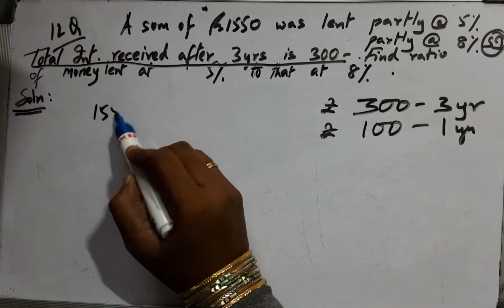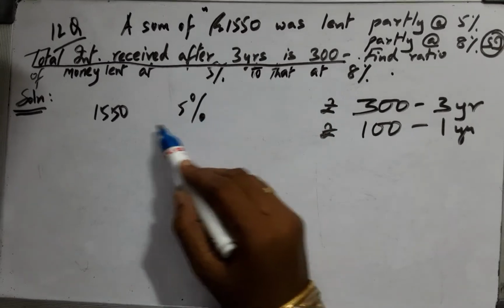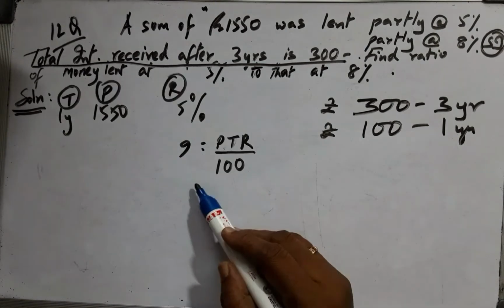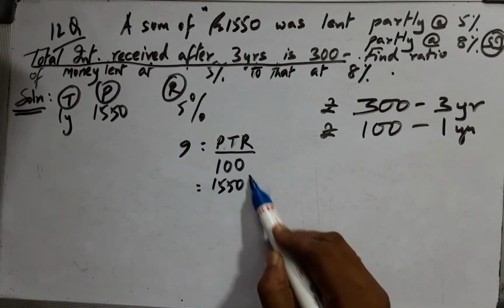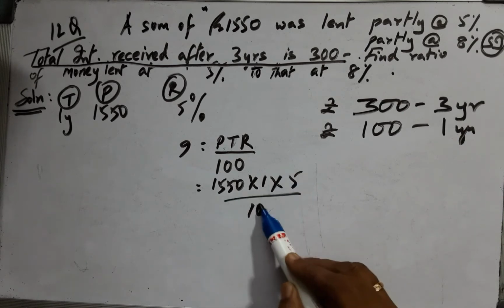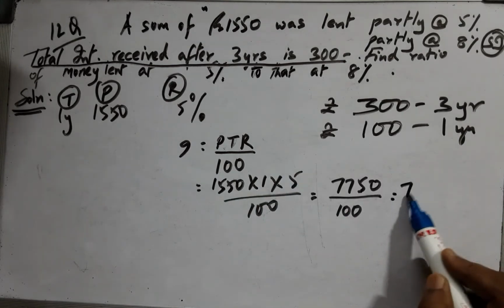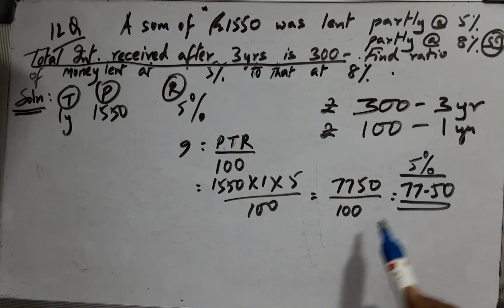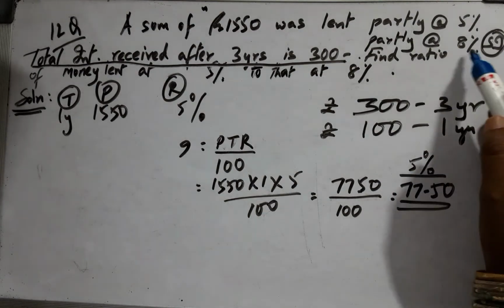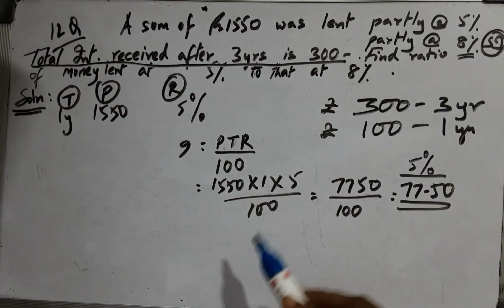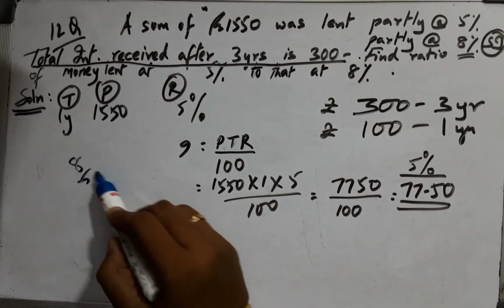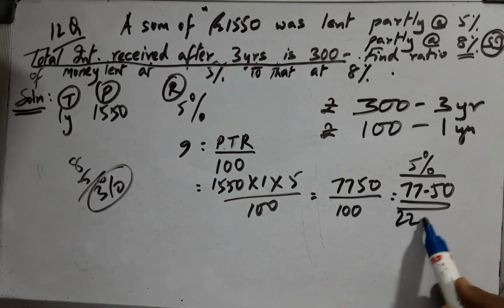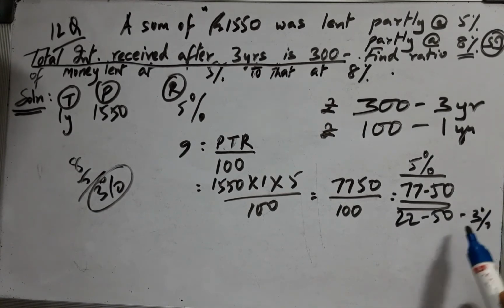Now upon 1550 at the rate of 5% for 1 year, the interest received will be, now value substitution will give me, so for 1 year this is the interest amount received at the rate of 5%. The balance amount is nothing but the amount received at the rate of the balance, the difference of 8 and 5 being 3%. So the balance 3% difference is the 22 rupees 50 paisa, pertains to the difference of interest of 3%.